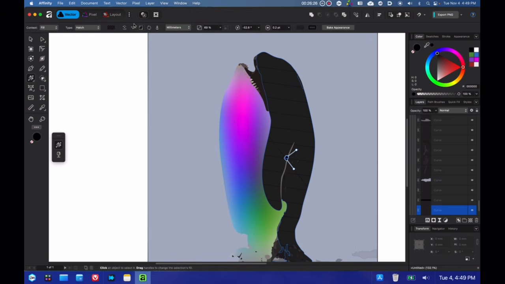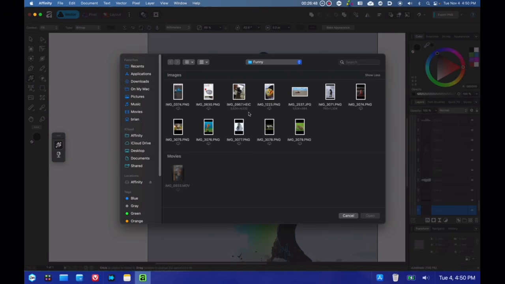For new Affinity users, there is also a pattern gradient. Well, it's technically called bitmap. So this is going to be a really cool bitmap. So he has the old Affinity logo all over him, the old Affinity Designer logo. So I'm going to select bitmap. Actually, I have a better idea. I'm going to select this thing.